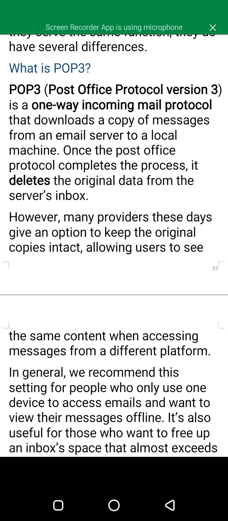Once the protocol completes the process, it deletes the original data from the server's inbox.